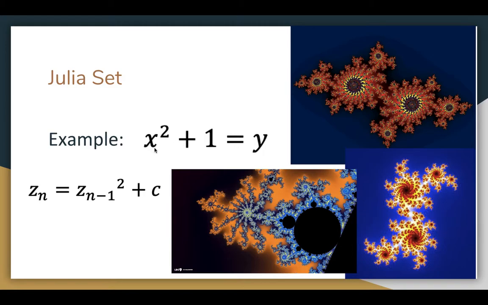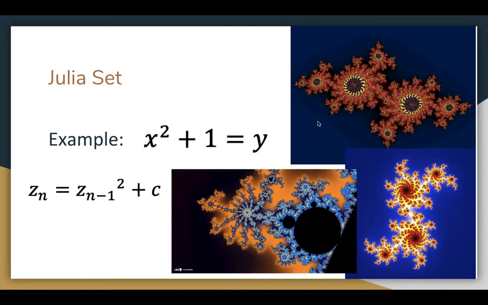So let's say you start with a function like x squared plus 1 equals y. You would have to first plug a number in for x, like let's say 1, okay? So if we plug 1 in, we would do 1 squared plus 1, which is 2, so our y value would be 2. Then you would take that output value and plug it back in for the input value. So 2 would go in here, 2 squared plus 1 is 5, so 5 would be your new output value, and then you would plug 5 back in as your input. And you would repeat this process where the outputs become the inputs, and you would get a new output, and you would repeat that process over and over again until you got a set,